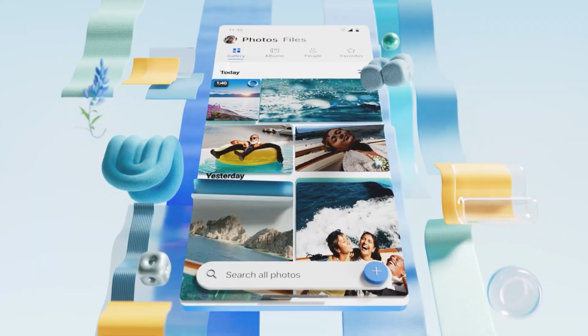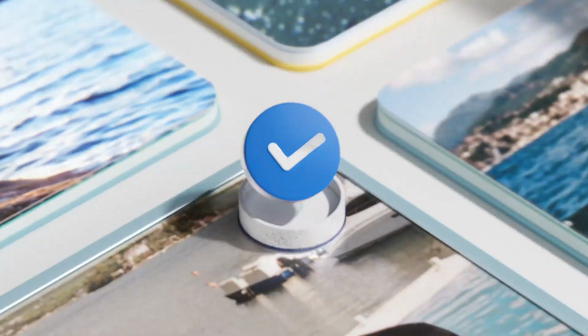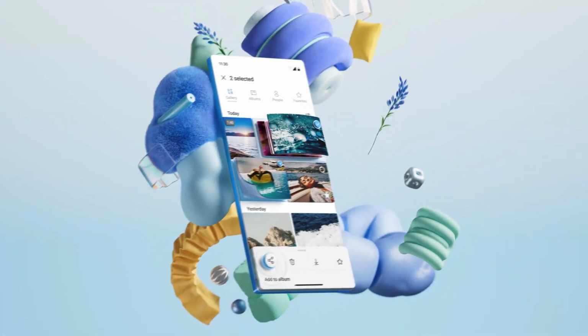The real-time collaboration is a game changer. My team and I can work together no matter what devices we're using. It just makes everything so much easier and more connected.